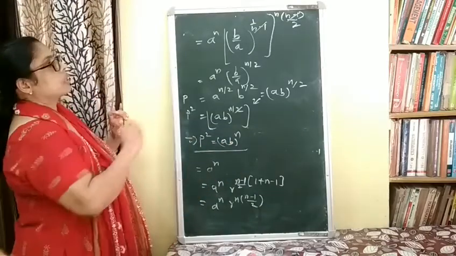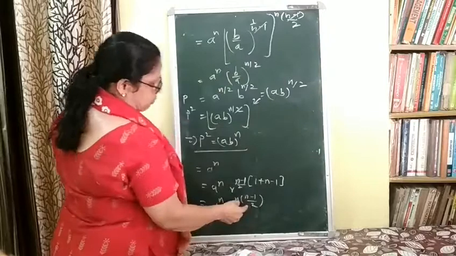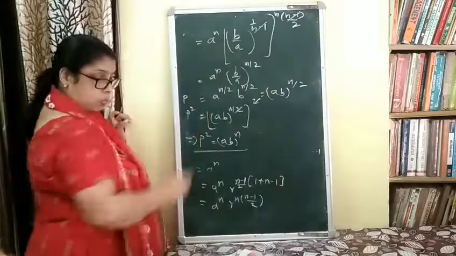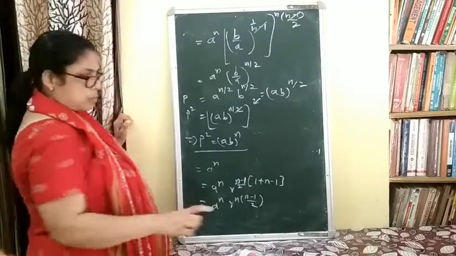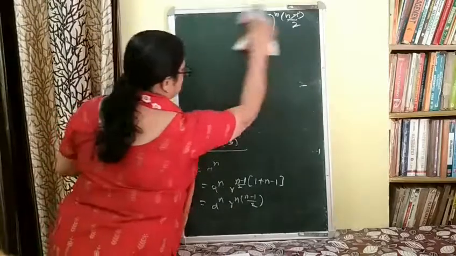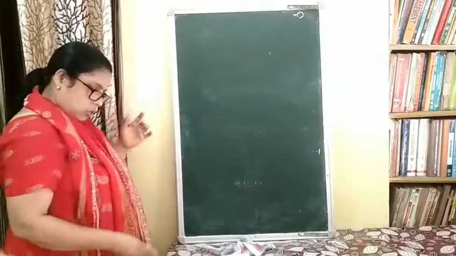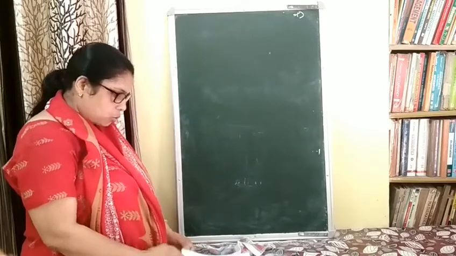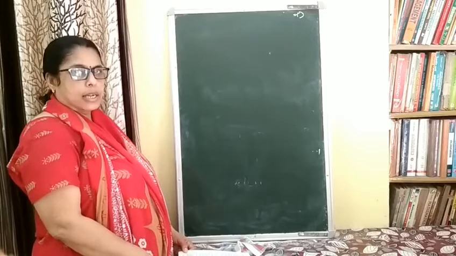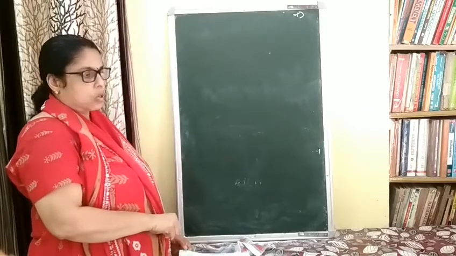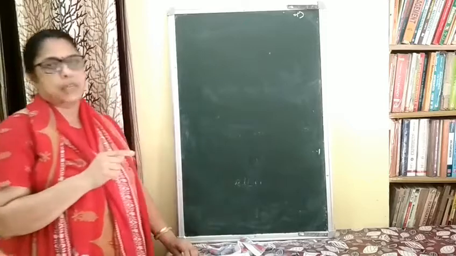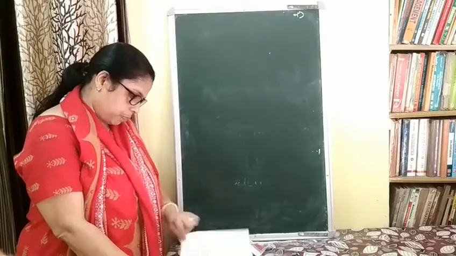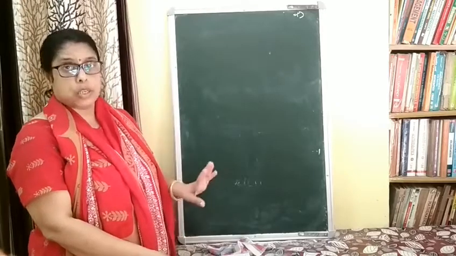This question is very important. This step is important, as well as the step of finding R equal to (B by A) raised to 1 by n minus 1, is also important. You do this question at least 2 to 3 times because each and every step is complicated. Now this much is the questions related to geometric progression. A number of questions are remaining. You have to do exercise 9.3. 9.2 और 9.3 I am not sure कौन सा एक्सरसाइज है जीपी का देखना, उसका क्वेश्चन भी साथ साथ में करके जाना. This much is the topic related to GP. A number of questions are remaining. RD solved questions also you have to do.